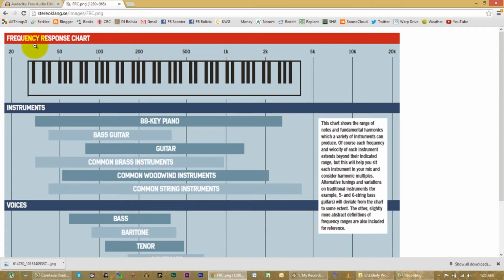Now you'll also have to look, this frequency response chart, and almost every chart you'll see, is on what's called a logarithmic scale. What that means is, if you had a linear scale, everything from 20 to 20,000 would be in equal intervals as you go left to right across the chart. But with a logarithmic scale, you can see that as you go higher, the distance between frequencies decreases.